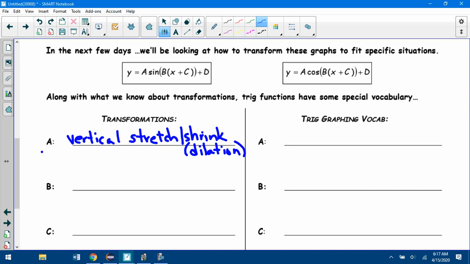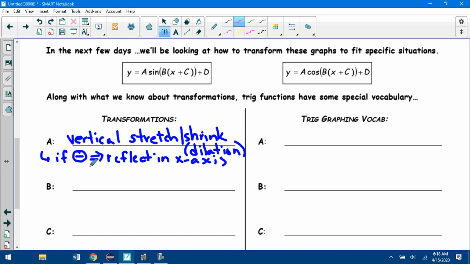And we also had an extra thing. If that a was negative, what happened to the graph? The reflection, but a reflection in which axis? In the x-axis. And that's still the same in trig. It's still going to affect the graph that way. But